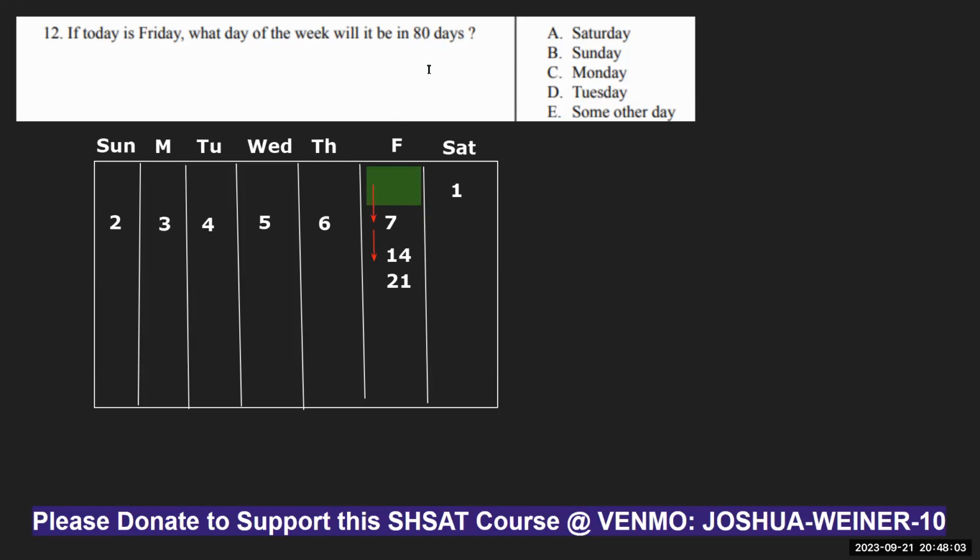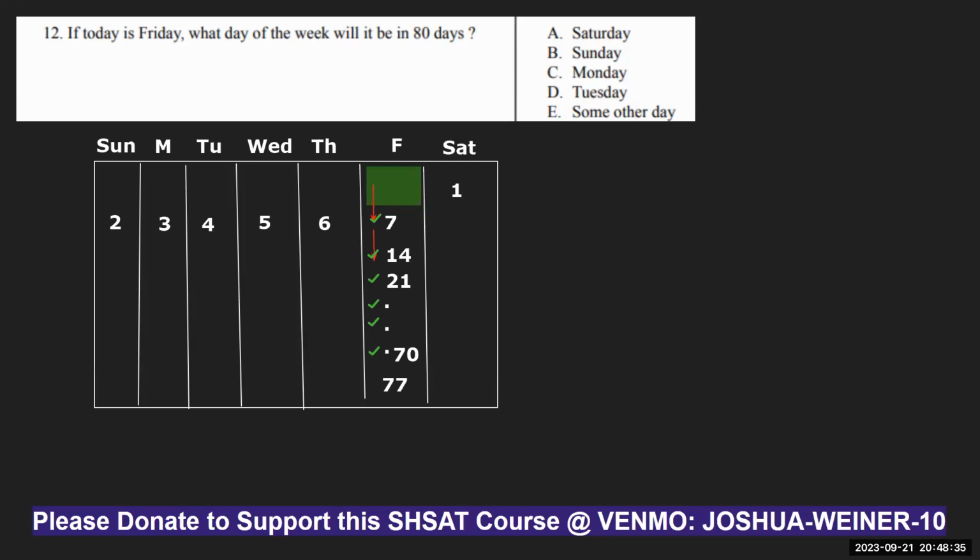So we can count the days going through the calendar by doing the 7 times table. So let's get kind of close to 80 with the 7 times table. For example, 7 times 10, we continue down the 7 times table list, that's 70. So 70 days later has to be a Friday, because every multiple of 7 will be a Friday. Well, we want 80 days. So we know that the 77th day will also be a Friday.